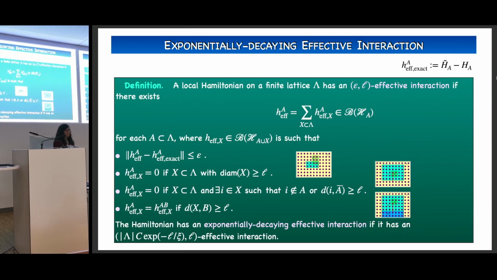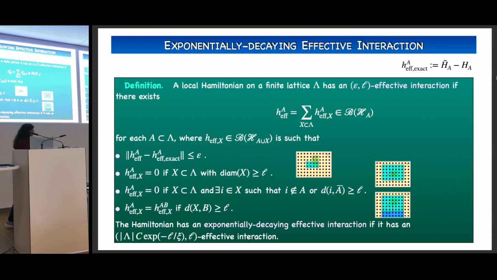It's not extremely important that you fully understand what these rules mean, but what is important is that now we're going to require that we have an exponentially decaying effective interaction. And what it means is that the epsilon that we have here needs to decay exponentially with the factor L that we are writing as a second input. We allow for some linear dependency on the system size, and that's totally fine. But the important thing is the exponential decay with L.